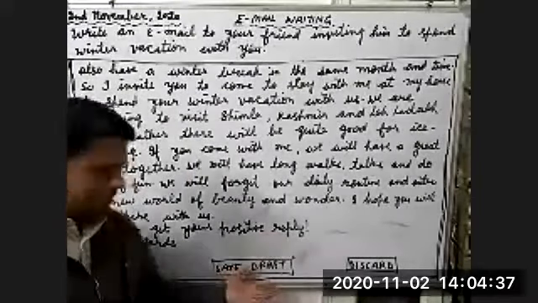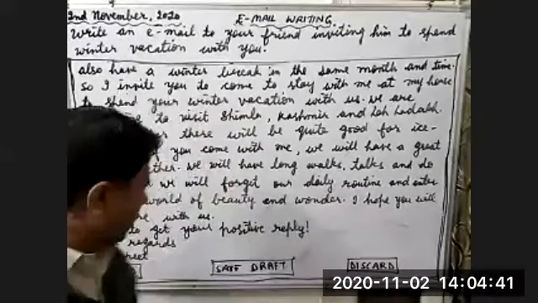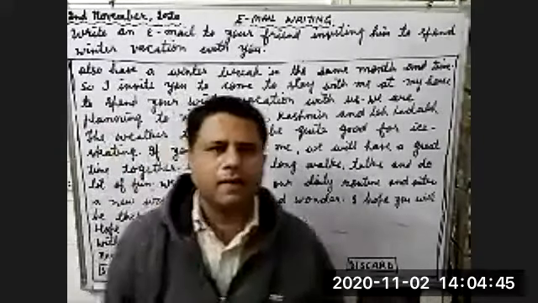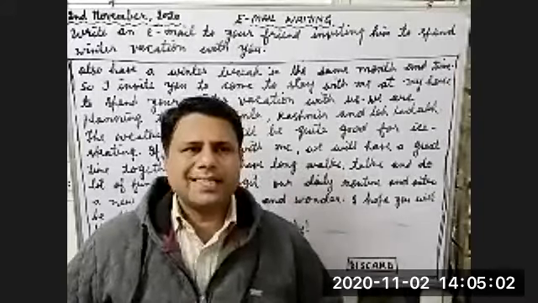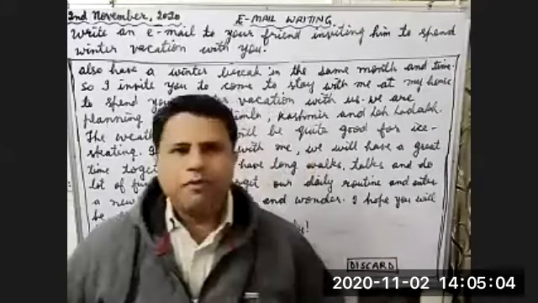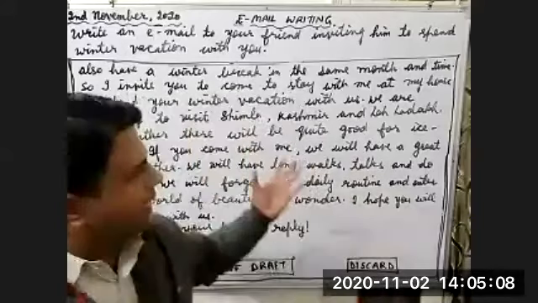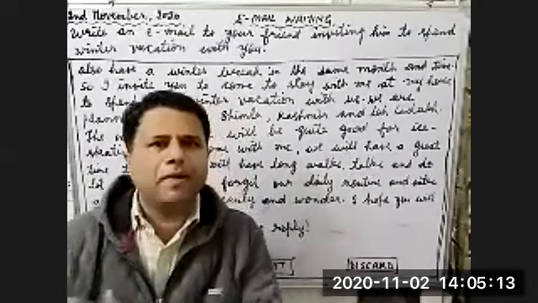And the last one is send, save draft. If you want to save it, save draft. If you want to discard it, discard. If you want to send, you will send it from here. Children, with this, we finish the topic of email writing. We covered the advantages of email, disadvantages of email, features of a good email, then format of an email. Then we have done one example where we have applied all the steps done in the format of email.